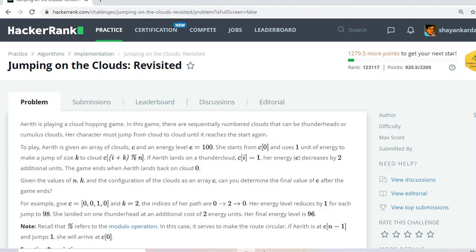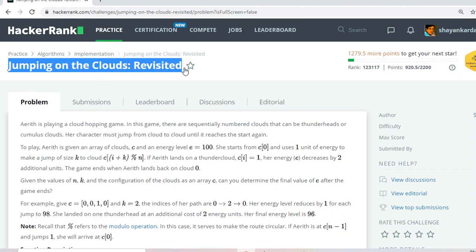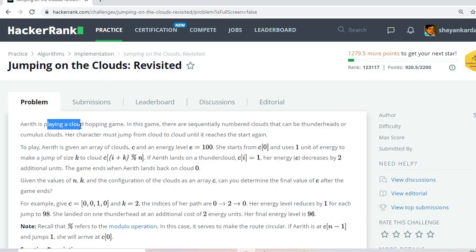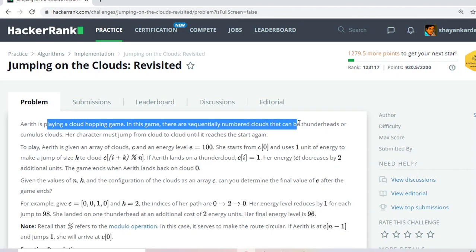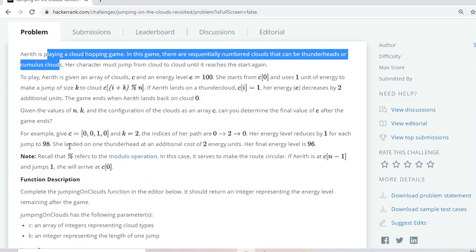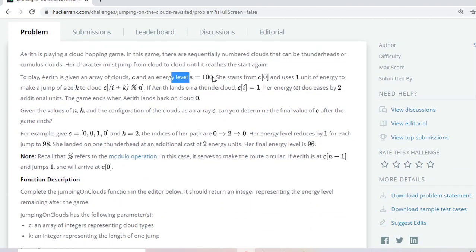Today, I am going to explain the problem and the solution of Jumping on the Clouds: Revisited from the algorithms practice section of HackerRank. It is a 15 marks question. The problem statement is that there is a cloud hopping game with sequentially numbered clouds that can be thunderclouds or cumulus clouds. There are some conditions: it will start with an energy level of E equal